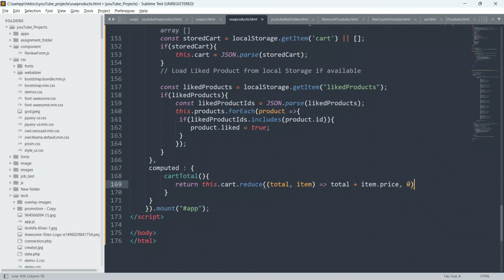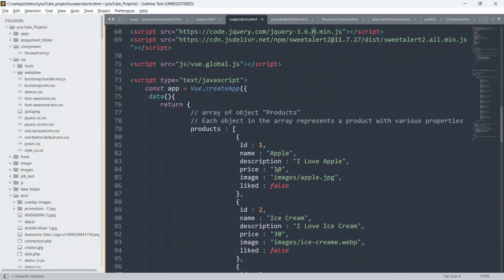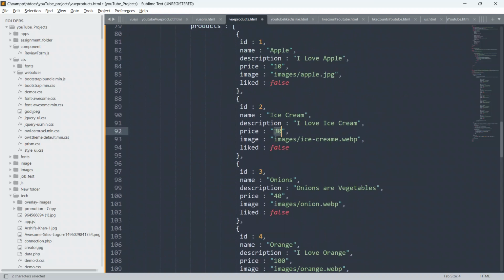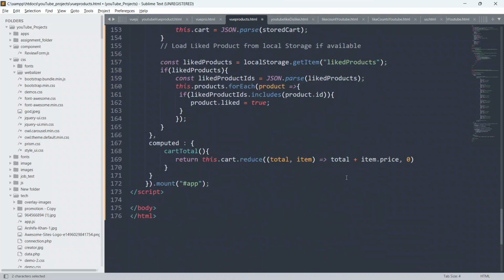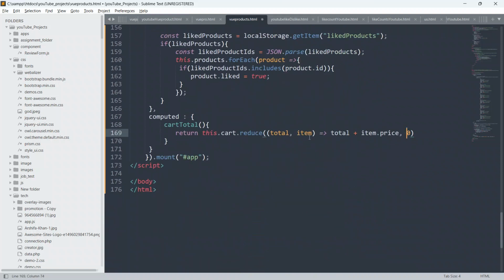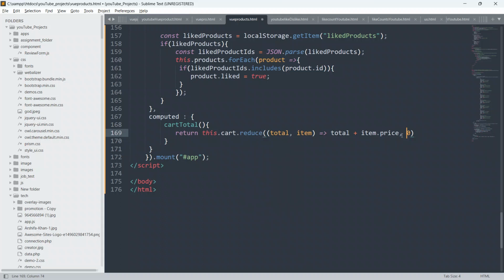So guys, this 0 gives the initial value, so it will loop through and try to add this, loop again and try to add 10, then 30, then 40. So the initial value is 0. For the first time when this function runs, the initial value will be 0, and after that it will add all the prices from this array.